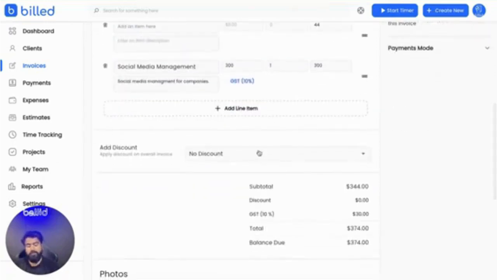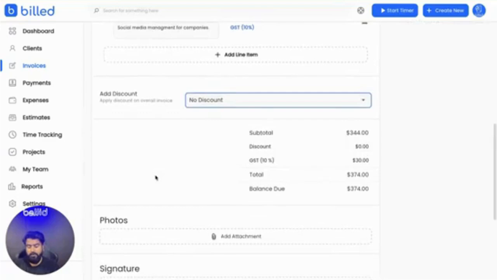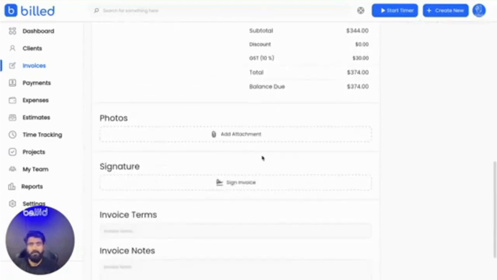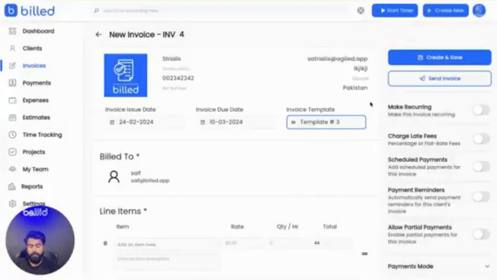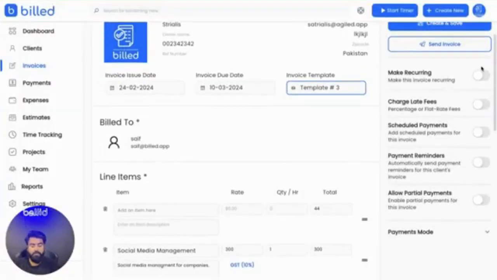And you can add discounts if you want. You can attach photos if you want. You can add signatures, etc. And you can choose from different invoice templates from here. You can make the invoice recurring. You can charge late fees, add scheduled payments. You can set up automated payment reminders, and you can allow partial payments on this,